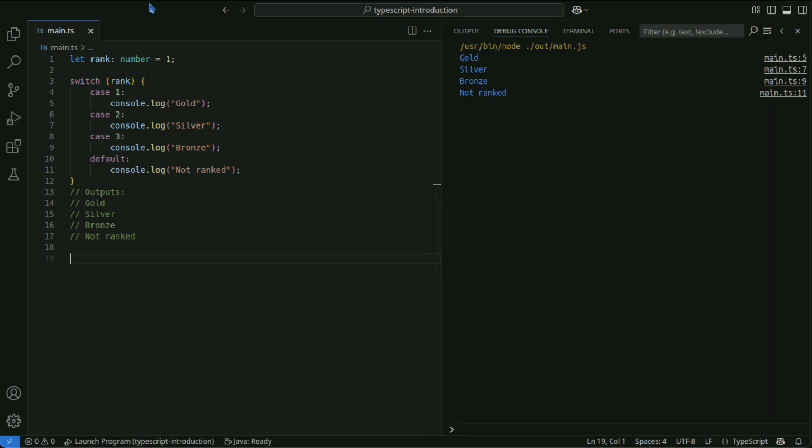In this way, after a case matches, the next case is also executed, so a break is usually used to prevent unnecessary fall-through.